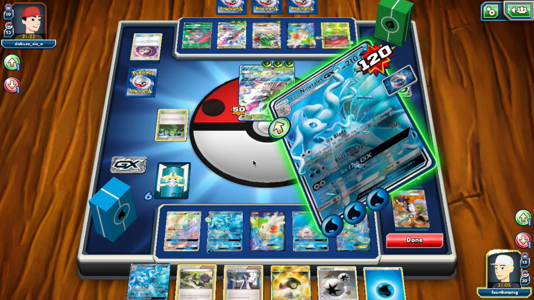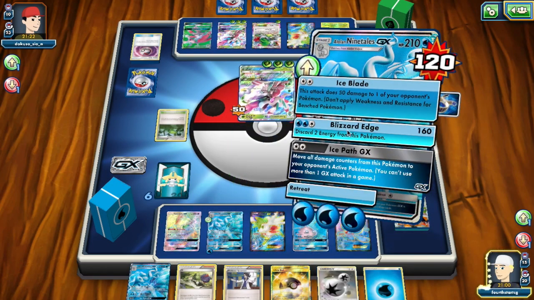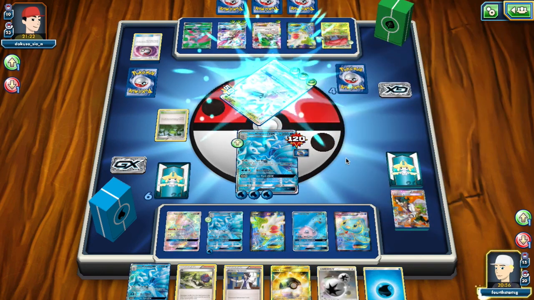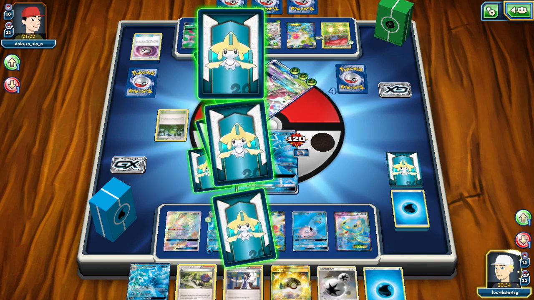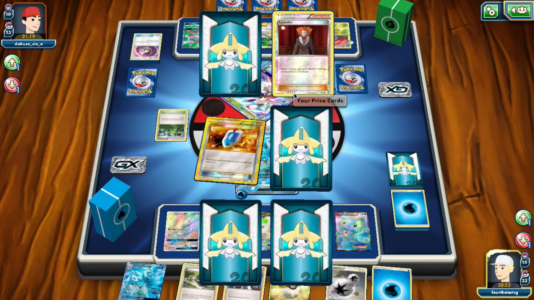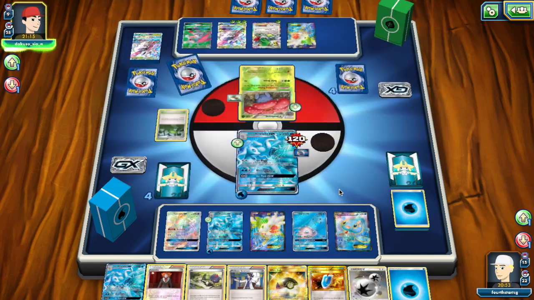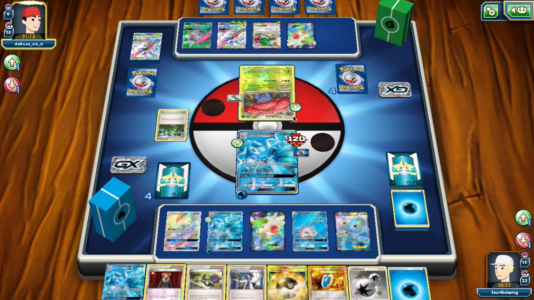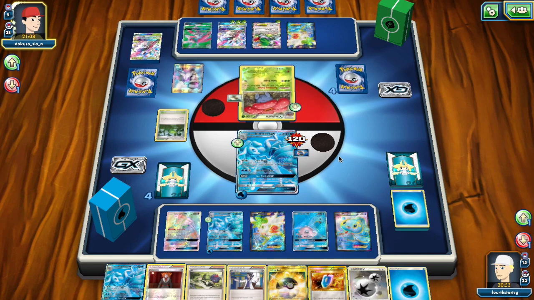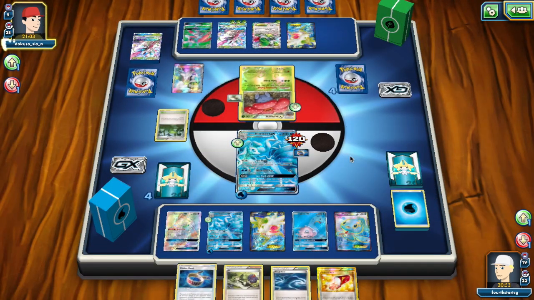Ice Path GX will not kill this. So we can't use that, unfortunately. So we're just going to Blizzard Edge here. Take out this Lurantis GX, and we're going to take some prizes here. VS Seeker and Lysander. Lysander's not bad. We can stall something in the active. Unless we get End. That's pretty painful. And we can't play our Aqua Patches now, but we did already put 3 in the discard, so